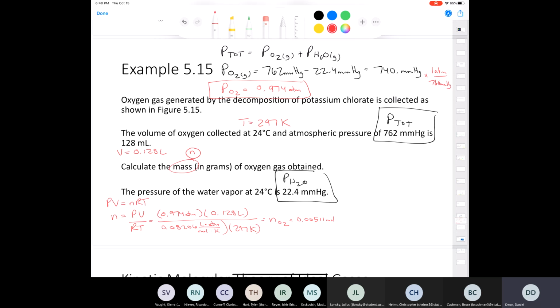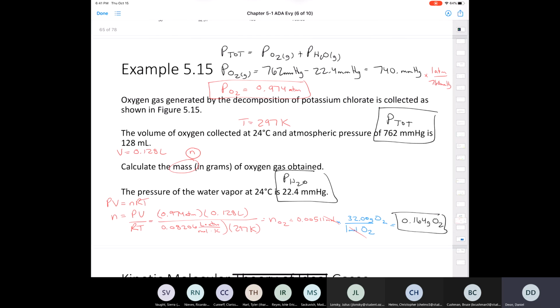0.00511 moles. Well, we know that in 1 mole of oxygen, we have 32.00 grams of oxygen. When we punch that into our calculator, we see that moles cancel out, and we end up with the number of grams of oxygen, which is 0.164 grams of O2. Give me a thumbs up if you think you can solve that one, maybe with a little practice. But the whole idea is that we have to subtract the pressure of the water vapor in order